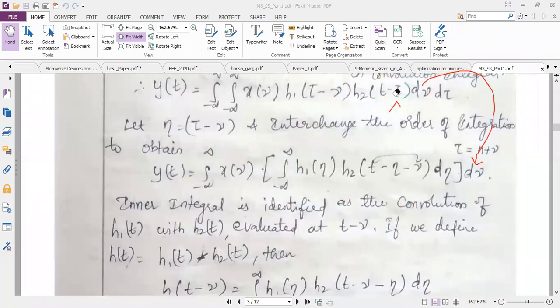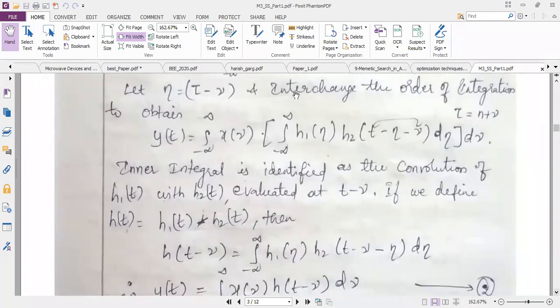Is it okay? No, ma'am. Okay, fine. So now I want to analyze this term. I want to simplify it, because my final output should have only one h of t. But here I have two h values, so I should somehow simplify it. How to simplify it?